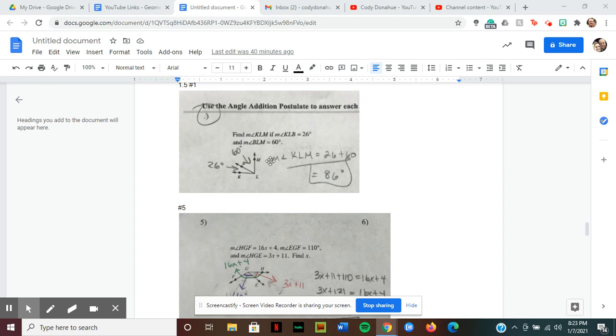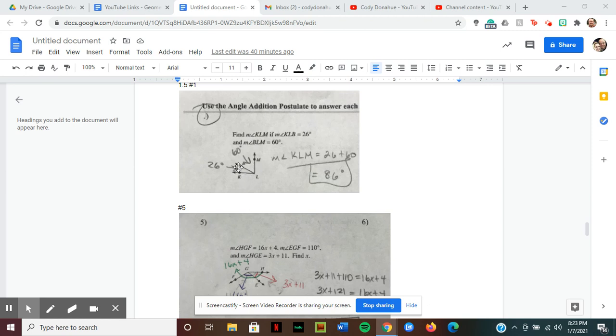So look here in number one. I know the one got cut off, but this is number one on your worksheet. We are asked to find the measure of angle KLM. So KLM, that's the whole thing. If the measure of angle KLB is 26 degrees, so I marked it right there, and the measure of angle BLM is 60 degrees, well, according to the angle addition postulate, if I have one big angle, which is KLM,